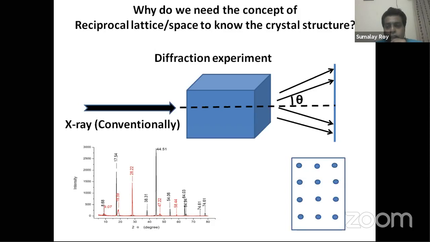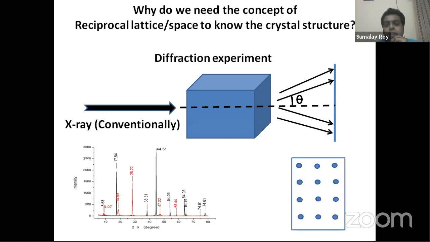Now, if I look at the screen where the X-ray falls, we will see some spots like this, in the lower half panel of the slide. X-rays are incident on these spots, and we can see that this is the X-ray diffractogram from the sample. Now, this is one way of seeing it.